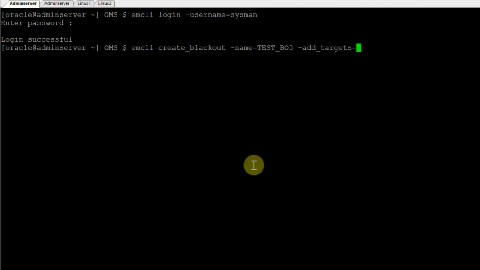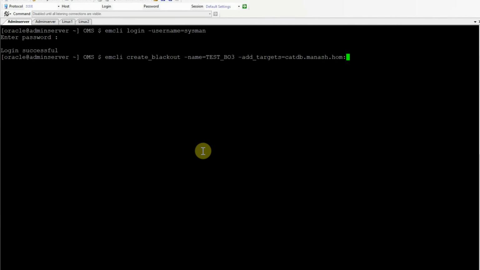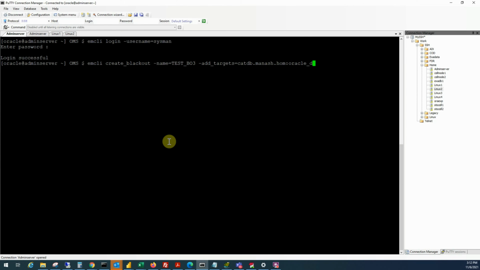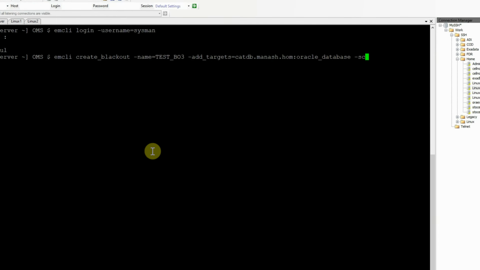Here we have to specify the list of targets on which we want to start the blackout. In our case, I am going to start the blackout only on one target of type Oracle Database. So the name of the target, that is catdb.monash.home colon oracle_database is the type of the database, minus schedule